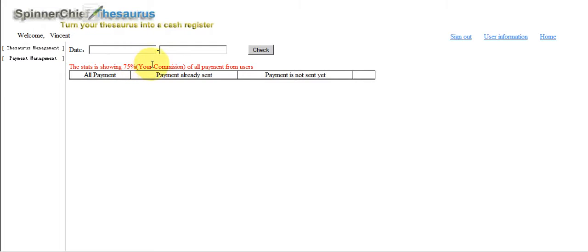Just take this opportunity to point out that you're going to get 75% of the selling rate. SpinnerChief takes 25% towards the upkeep and maintenance of the site, which, as I'm sure you will agree, is essential. So if you want $75 for your fantastic Serbo-Croat thesaurus, you will need to actually charge $100 for it. Cheap at twice the price.